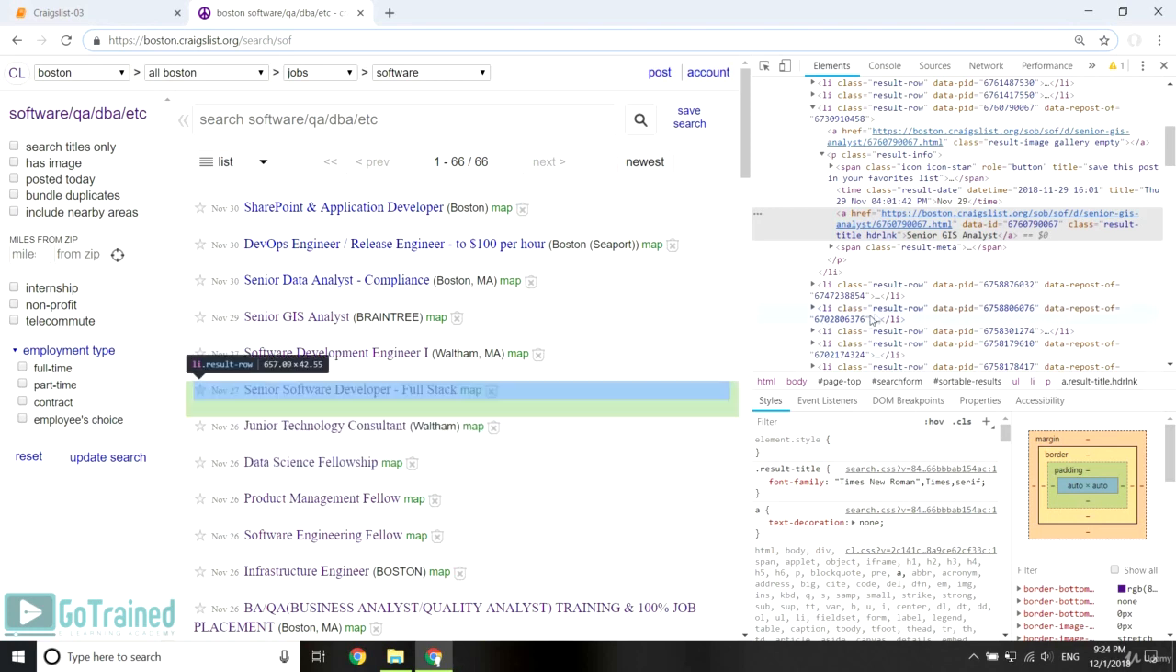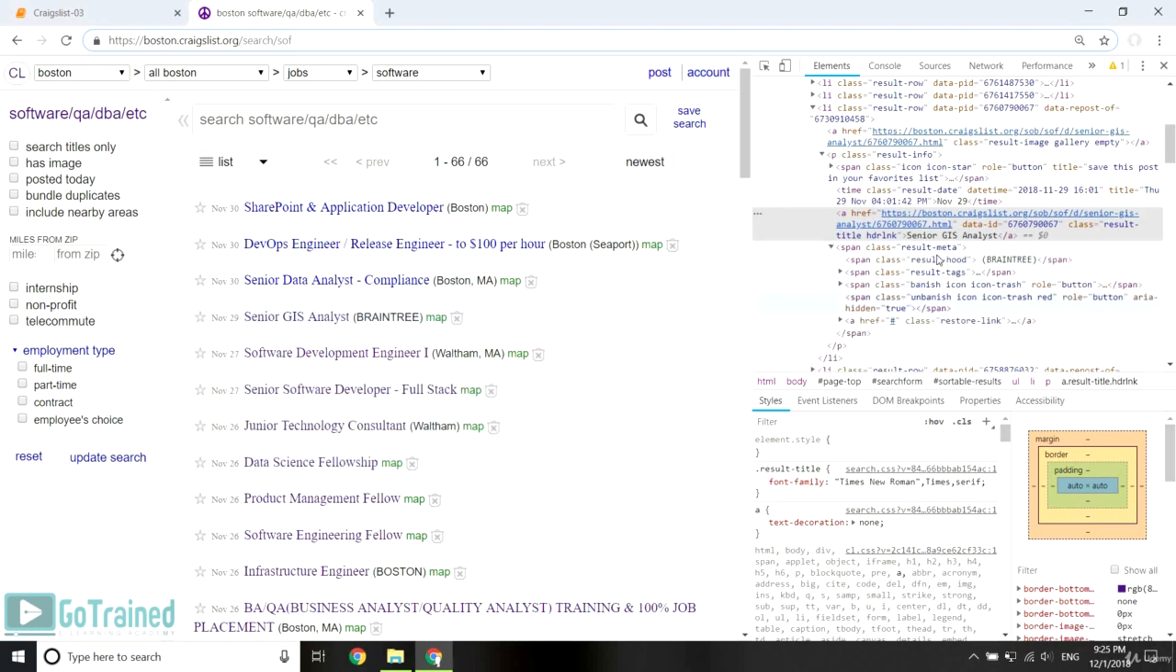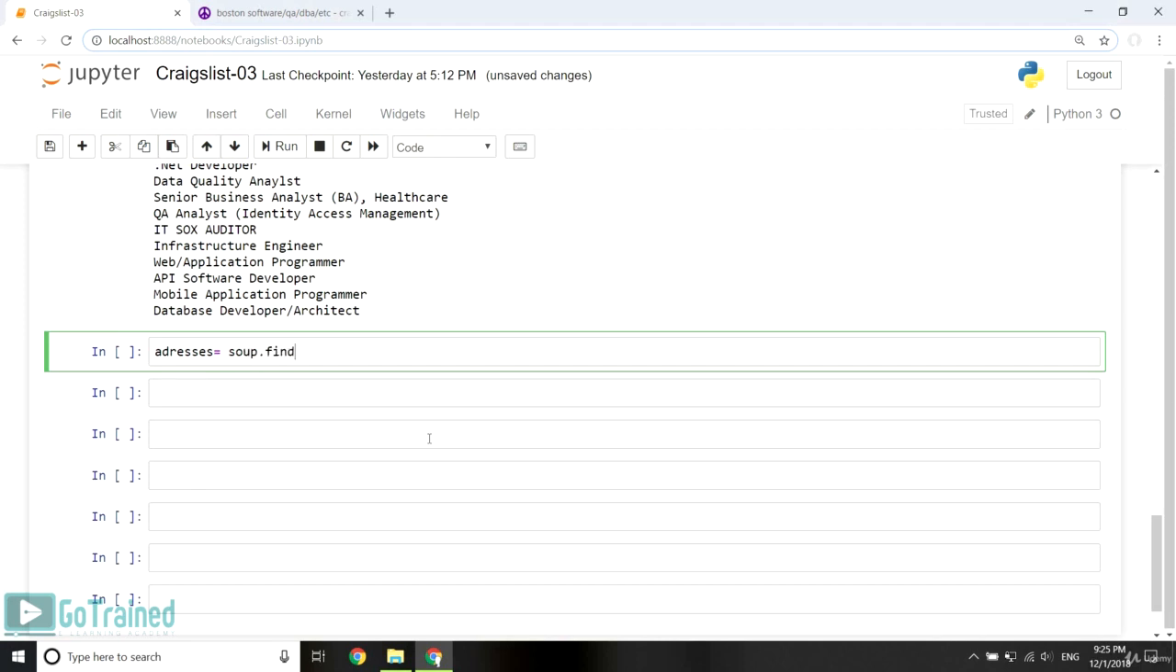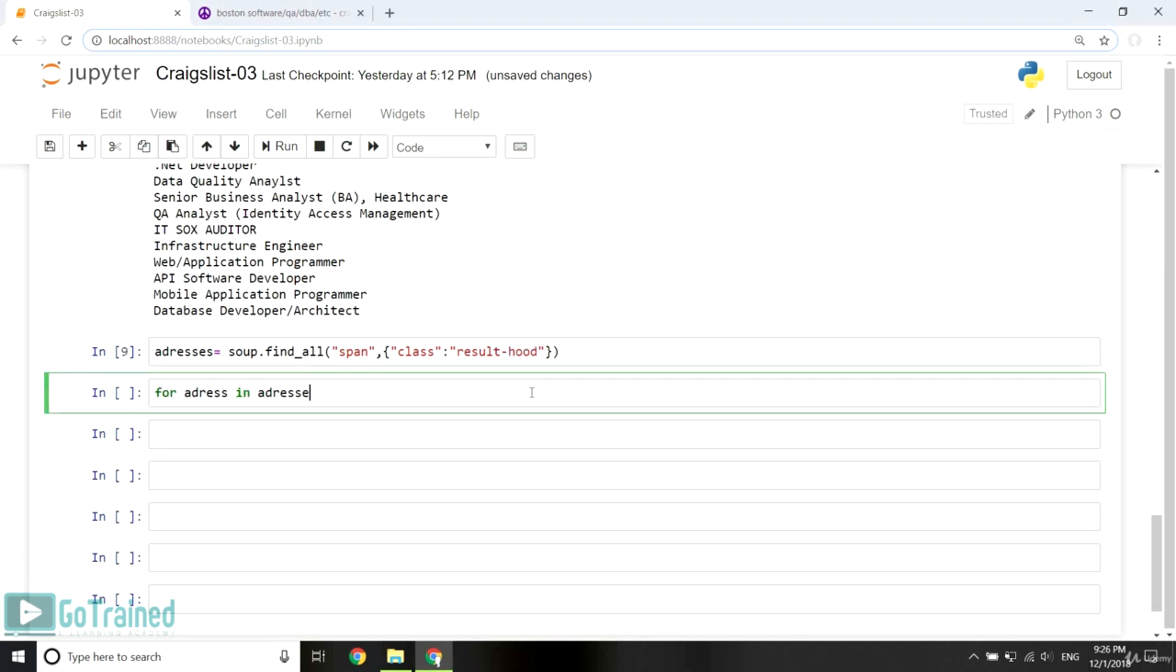You can try the same for job addresses. You have to extract all span tags whose class name is result-hood. With this code: addresses = soup.findAll('span', class_='result-hood'). For address in addresses, print